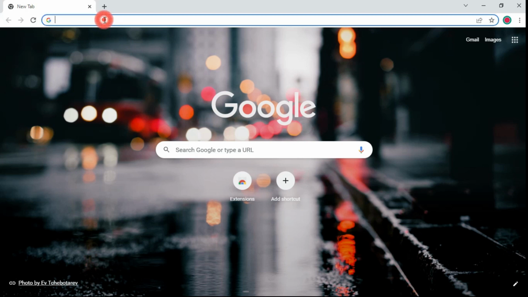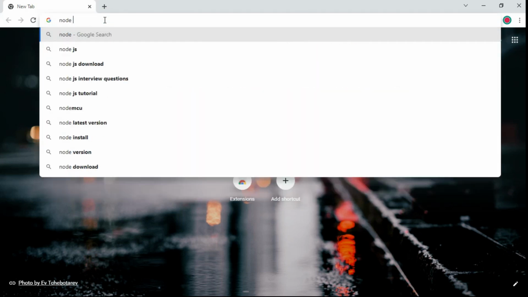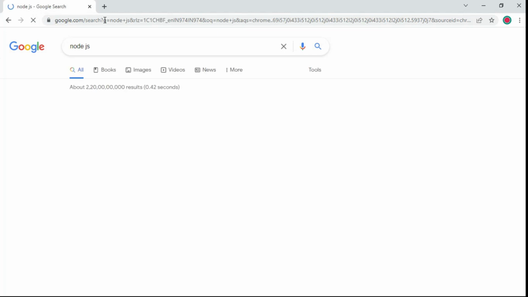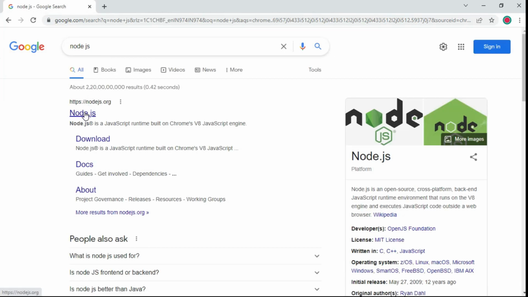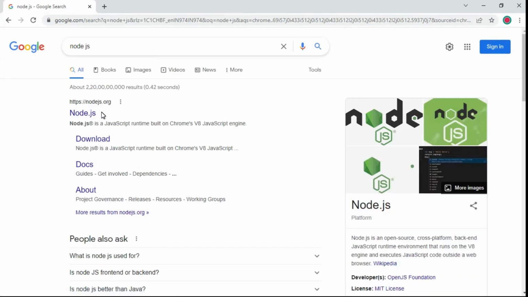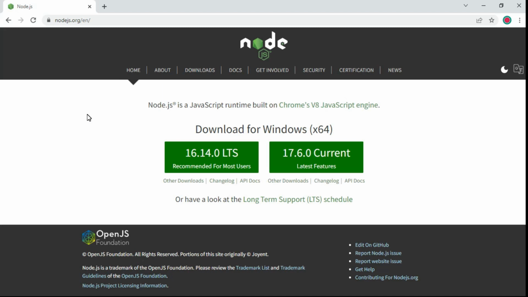Open your favorite browser and then search for Node.js. The first link which will appear here will be from nodejs.org. I'm going to just click on this link, and once this Node.js website is open, you can see there are